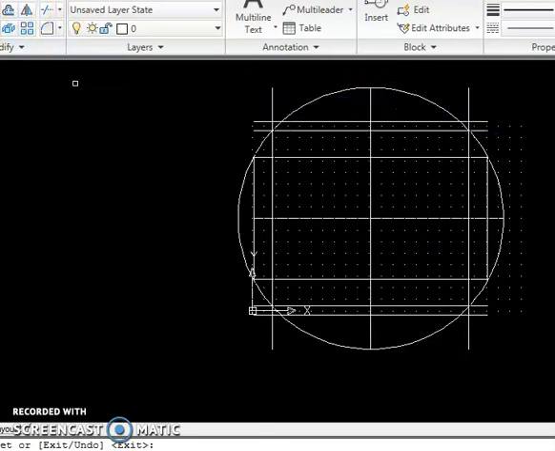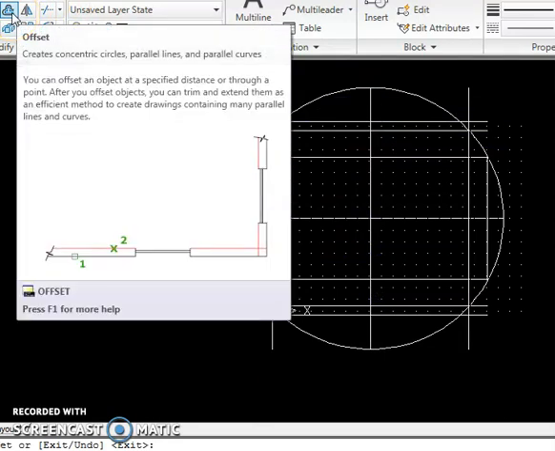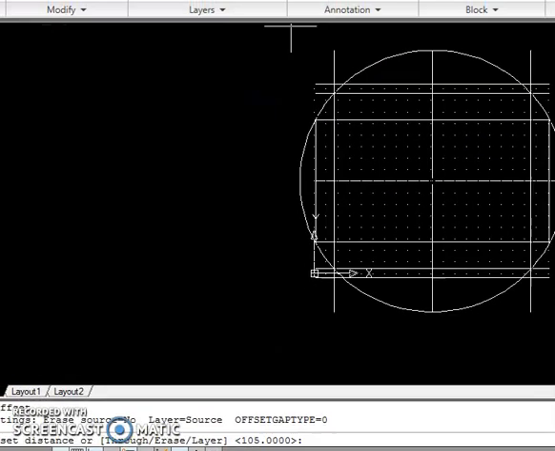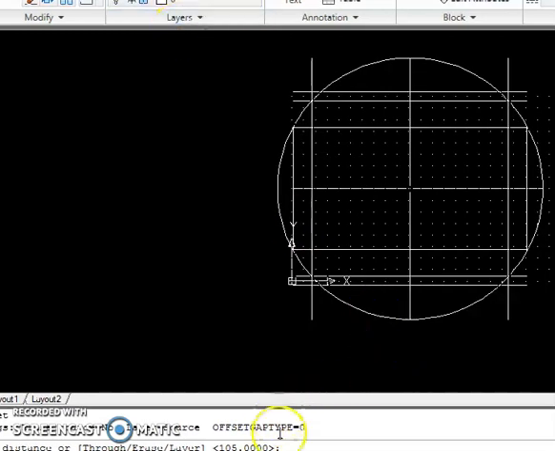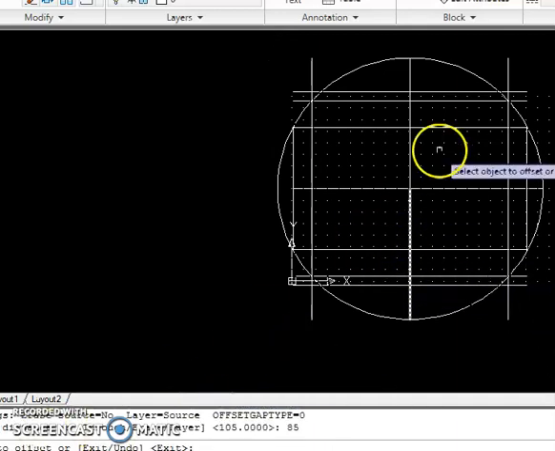So again go to the offset command. Either you can give dynamic input or the best way is to type here. It is asking the distance here. So better you type. How much is that? 85. I am typing 85 here. Enter. It is asking to select the object to offset.